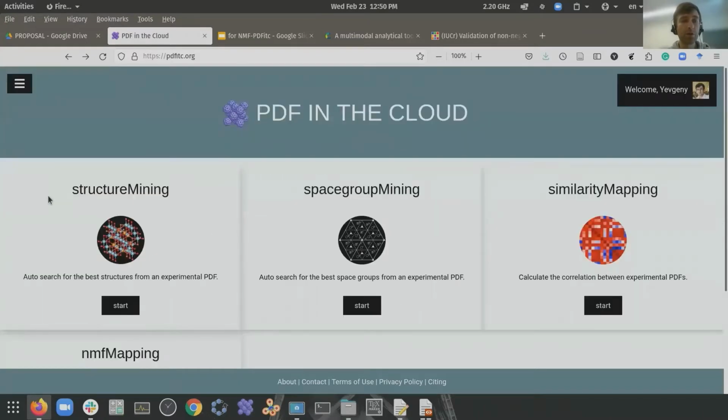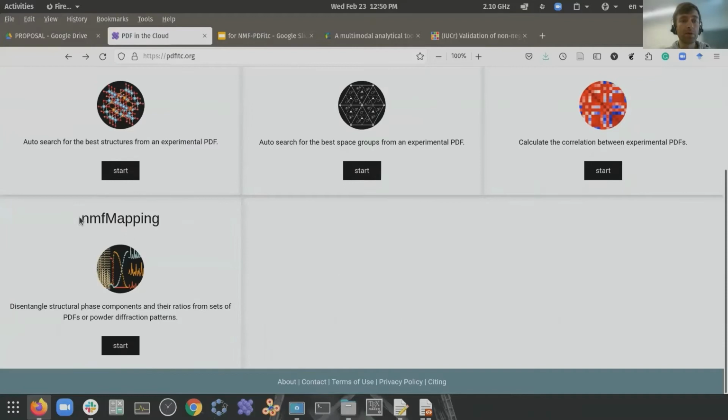You probably heard about structure mining, space group mining, and similarity mapping, but today I'm going to introduce you to NMF mapping. What is NMF mapping? It is an application that allows you to disentangle structural phase components and their ratios from sets of PDFs or diffraction patterns. These will be relational data sets like a heating experiment, a time evolution, thermal evolution,